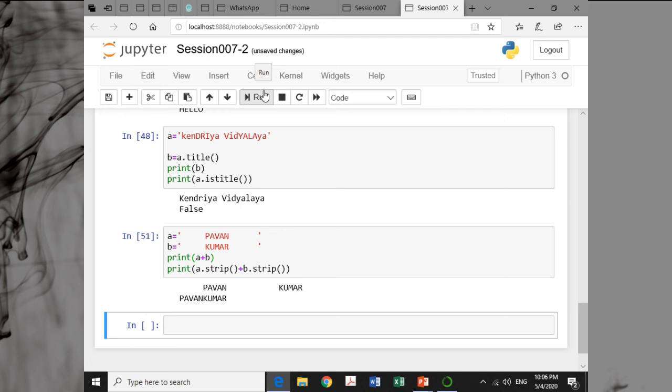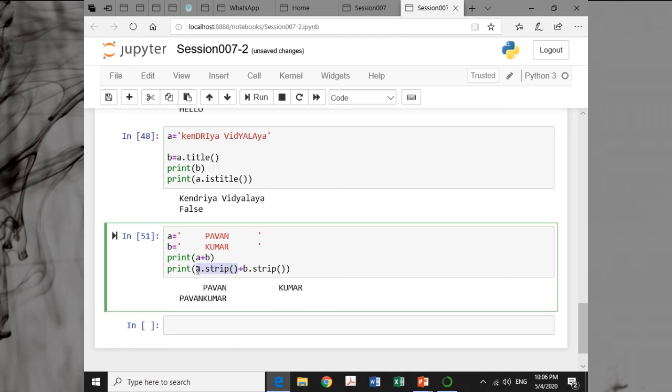But if you use the strip function, a dot strip plus b dot strip, so a dot strip will remove all the blank space, leading and trailing. These are the leading blank space and these are the trailing blank space from Pawan, and same with Kumar. So the string is Pawan Kumar without any blank space. Okay,